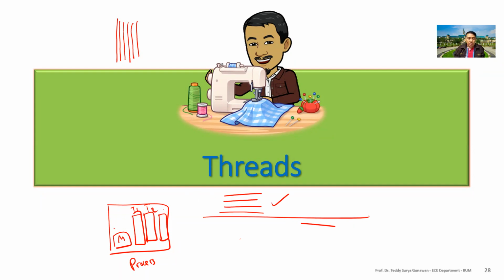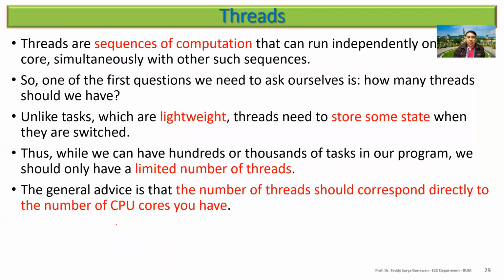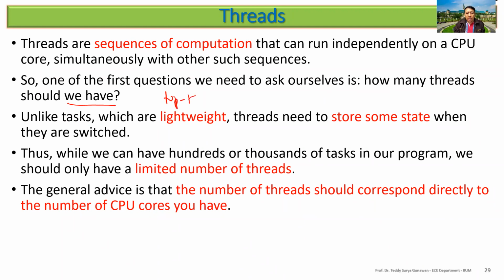You can see here it has the shared memory, although it can have its own private variables, and you can communicate indirectly using shared memory operations. The threads are sequences of instructions that run independently on the CPU. The first question is how many threads should we have? In Unix, you can use top or htop; in Windows, the task manager, to see how many threads are running by the operating system.